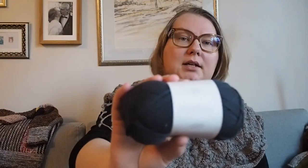So the yarns that I'm gonna use are Sandnessgarn Tynn Silk Mohair and Sandnessgarn Sunday, which is a superwash merino wool. I very rarely knit with a black yarn, but I really like the idea of this black slipover that I can put over my dresses, especially over my dresses, to make them a bit more winter appropriate. So that's what I'll be casting on